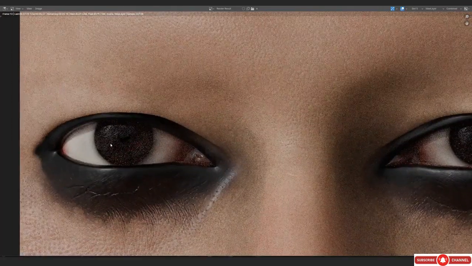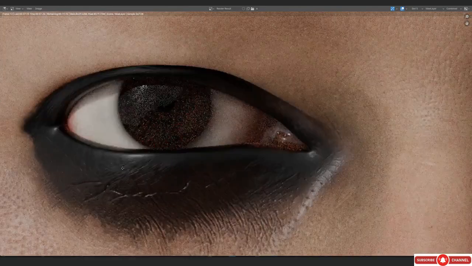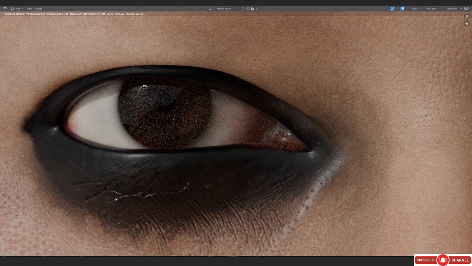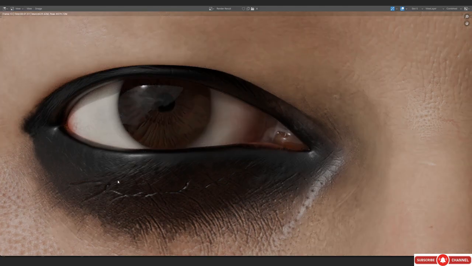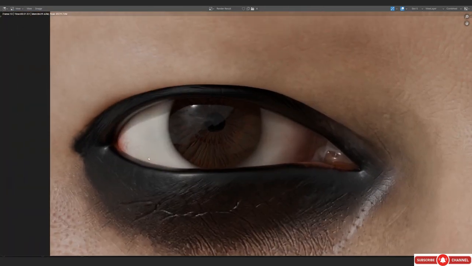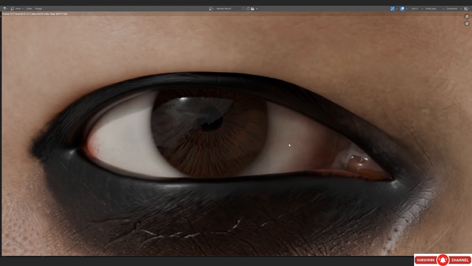But yeah, now you can see that I've actually adjusted the camera and made it go a little bit closer to the eyeball so that we can see the details that we are painting. Also, we can see the skin. Yeah, I think the skin is looking pretty good. It's not super accurate to the real world, but I think it's doing the job.